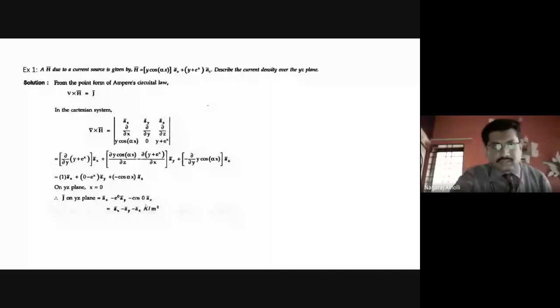Right. Then example 2. Note down the second example. Given the general vector a bar is equal to sine 2 phi a phi bar in cylindrical coordinates. Note that it is in cylindrical coordinates. Find curl of a bar at 2 comma pi by 4 comma 0. They are given the vector a as sine 2 phi a phi bar. It is in the cylindrical coordinate system, that is r, phi and z. Then we have to find the curl of a bar at 2 comma pi by 4 comma 0. Note down the problem statement quickly.